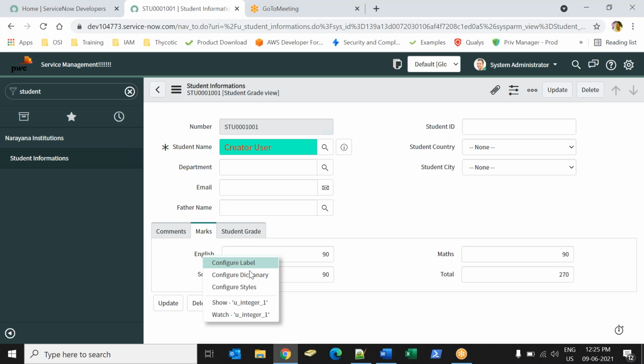This U_integer_1, where is it? Where am I currently? Guys, what is this? Where am I? I'm actually in the Student Information table. So where is this U_integer_1? Which part of